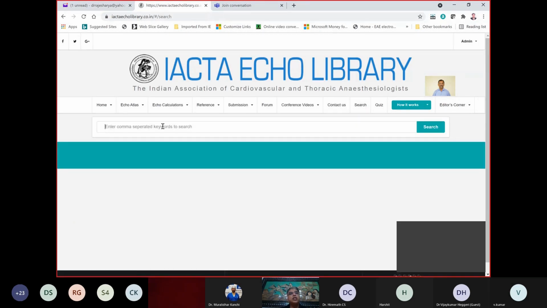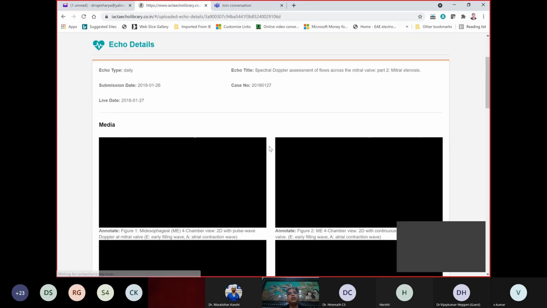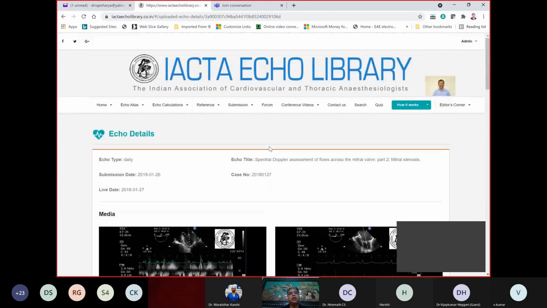The search engine is there. If you want to search for mitral stenosis, just press and all manuscripts related to mitral stenosis will open. You can click on any one, and you can completely watch and read that manuscript.